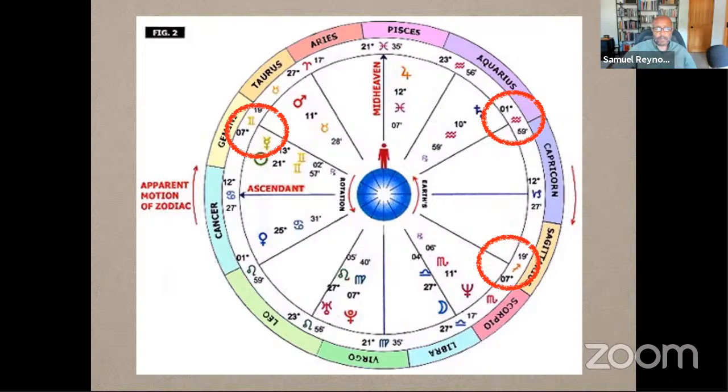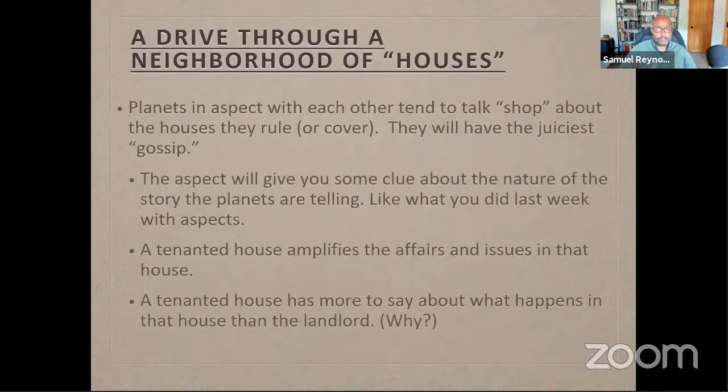The sun also, by virtue of having what we call a trine to the moon, is going to be very interested in having the connection to communication between the sun and the moon. In terms of this sextile, even though it's kind of wide, it's also going to be trying to relate to Uranus in some way. So that's another layer by which we can understand what's happening in a particular house.